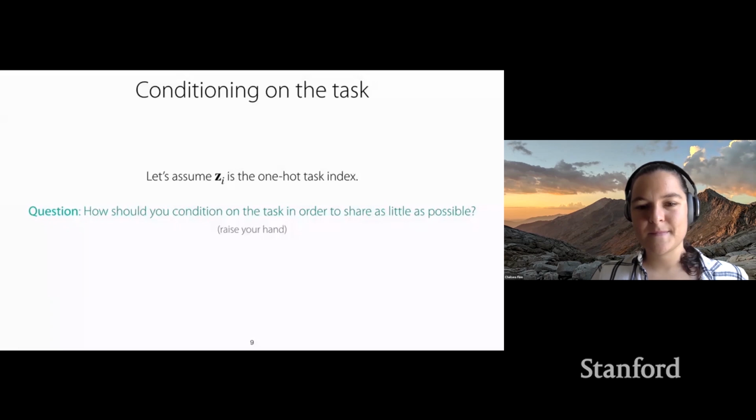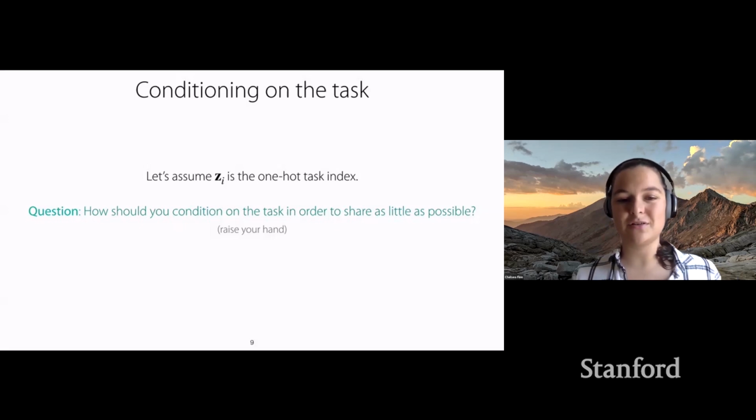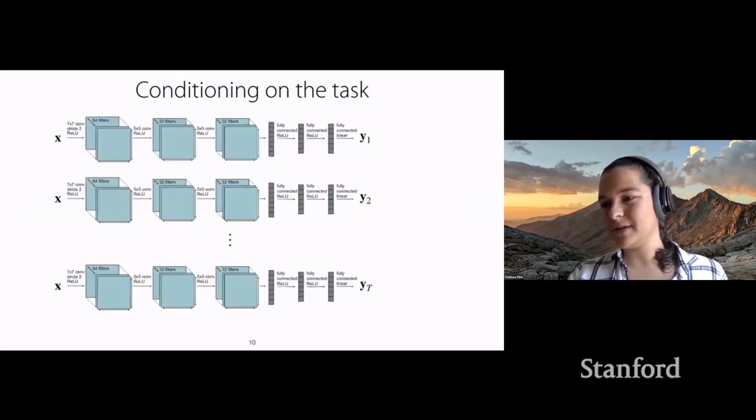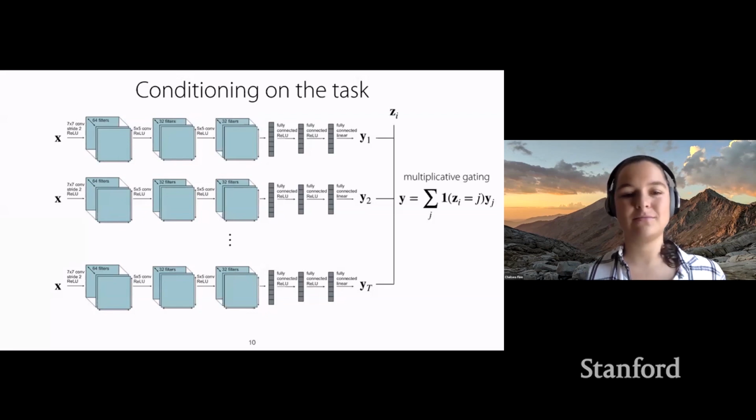Could you use the one hot index to branch off into separate neural networks for each task? That would share as little as possible. Yeah, exactly. So if you want each of the tasks to share as little as possible, then what you could do is have 3 completely separate networks and use the one hot task identifier to choose which neural network, which branch you want it to output, and then do multiplicative gating, where you basically take